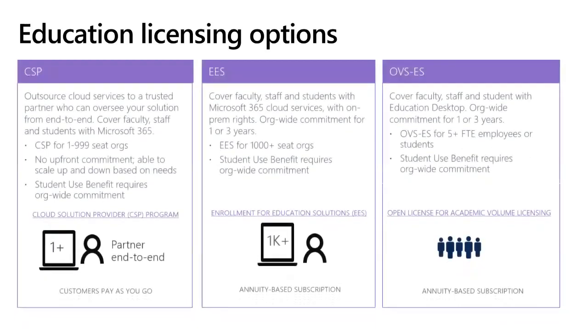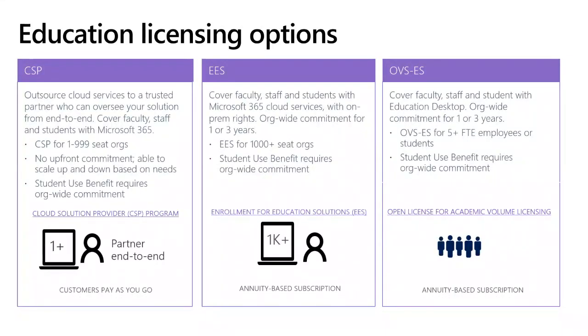So first of all, I'm going to start with a licensing models intro to give you an overview of the three models that we have, but mostly I'm going to be talking today around CSP and M365 and how that can support our schools moving on to a digital platform. So when we think about academic licensing, there are three main agreements that customers have probably purchased through, and you will have heard of these already, I'm sure.